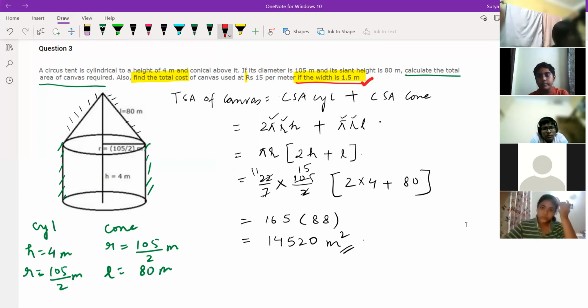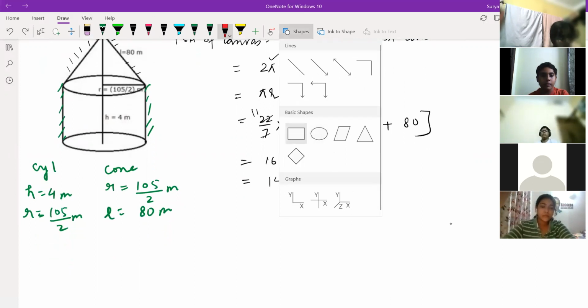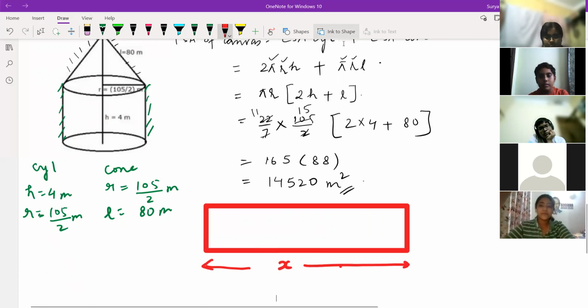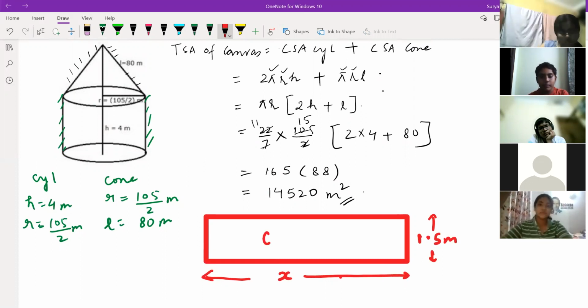Now you are having a cloth-like shape over here. See, so you are using this. We don't know what is the length of this cloth. We don't know this, right? And this cloth, what is given here? Width is 1.5 meter. Understood, children? How much length of cloth? This is canvas. What we are going to use to make the tent. Here also, children, try to understand very carefully.